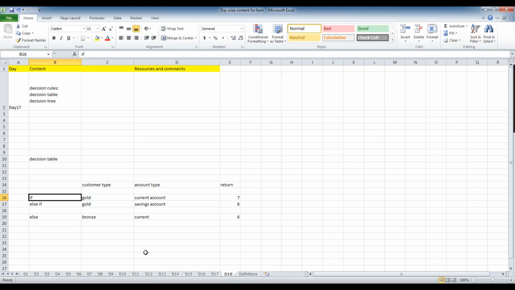So this is the row and this is the column. In this column, all the values will be checked against a single condition called customer type, and all the values in this column will be checked against a single column called account type.